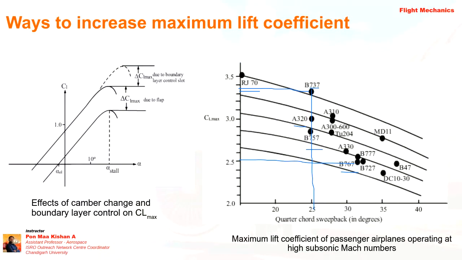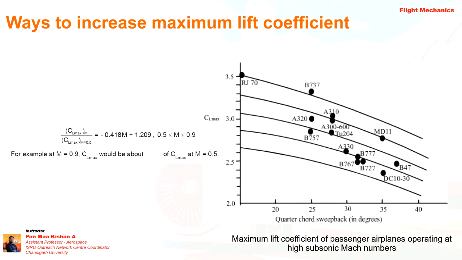Okay, right? So the better performance according to this swept back analysis, Boeing has a 25-degree swept back, because the RJ70 does not have that much swept back angle, it is nearly zero. Okay, so Boeing 737. If you have time, you can read about those configurations yourself. You will identify that we can get better CL max with slat, flap, and by changing the camber and boundary area also,